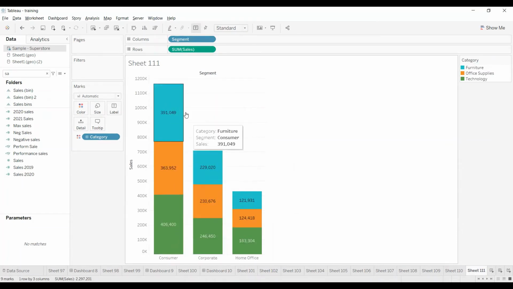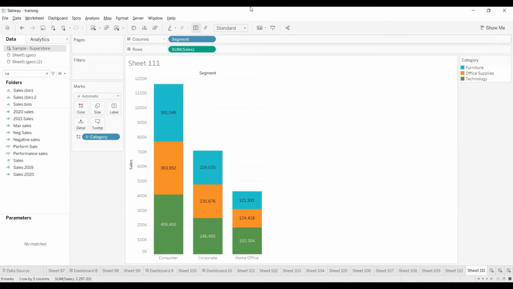What I got here is each segment wise, category wise sales, but I want to see the segment wise overall sales on top and the percentage of each category contribution on the stacks.